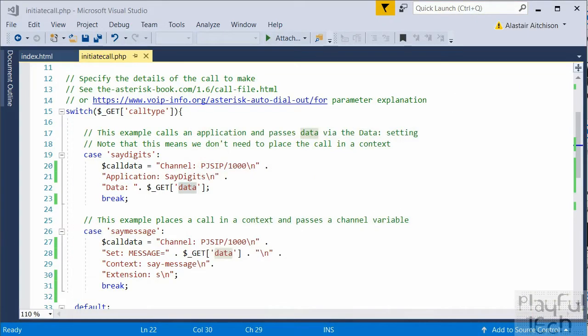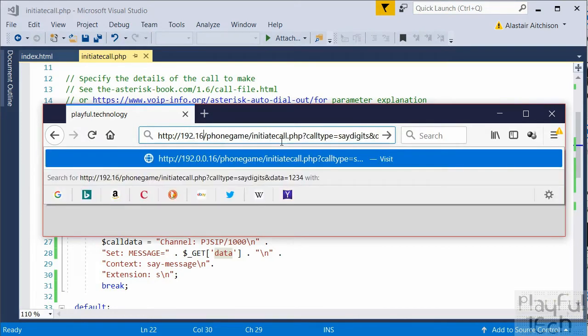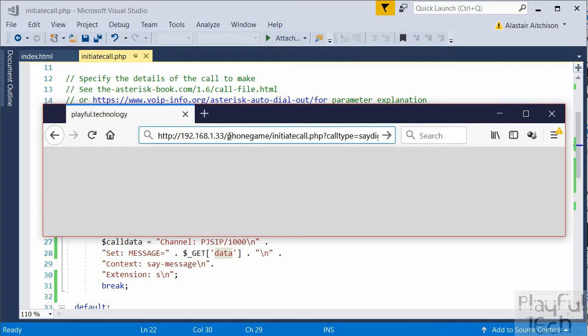And now if I load up my web browser, like this. And I'm going to go to my raspberrypbx.local, so that's my local web server. That's the same thing as typing the IP address. So if you'd rather do it by IP address, mine is 192.168.1.33. I'm then going to go into that phone game subdirectory, and I'm going to call the initiate call.php script and pass those two parameters. So I'm going to say call type is say digits, and data this time I'm just going to say is 1, 2, 3, 4. And when I go to that in my browser,